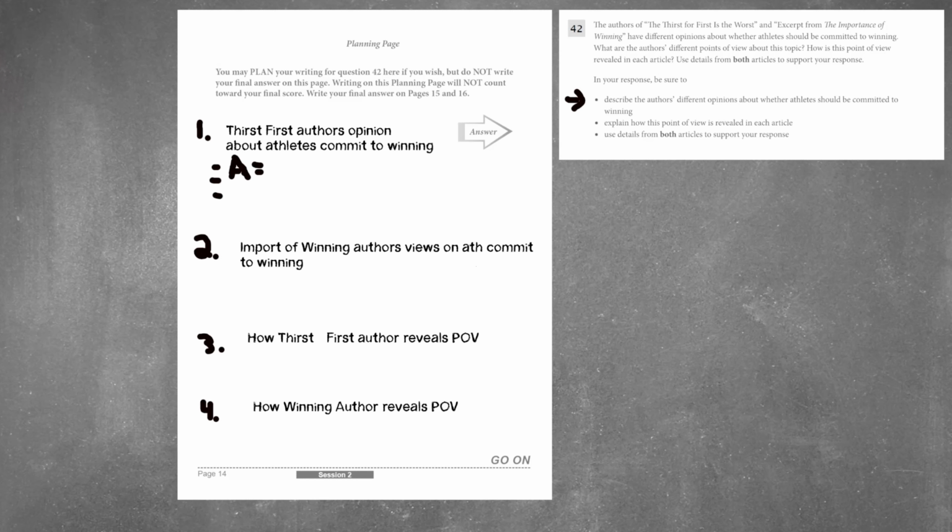And beneath that, we're going to have support 1 and support 2. Those will be the 2 supporting details that we are going to find from the passage to answer this first question. And when we finally go to write our response, each question will have a separate paragraph. So let's go find the answer.